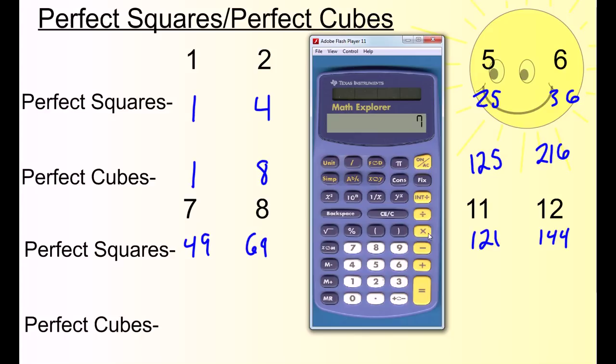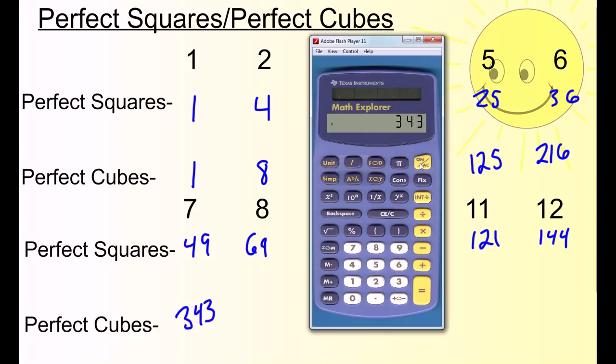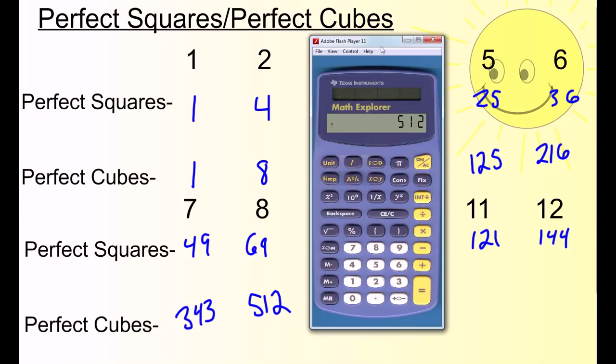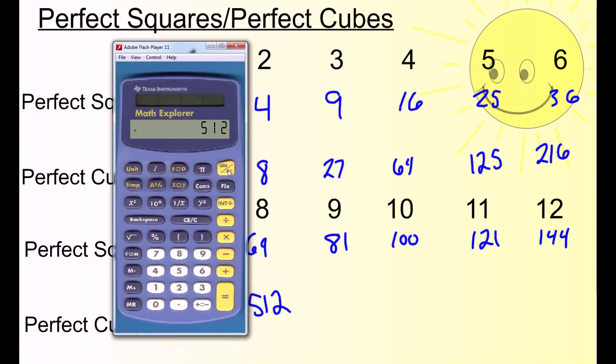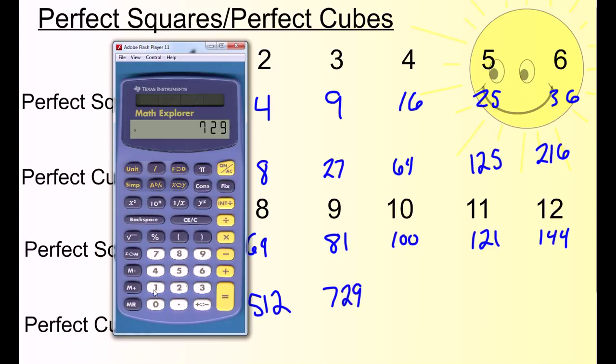And 7 times 7 times 7, 343. 8 times 8 times 8, 512. 9 times 9 times 9, 729. By the way, since I'm starting to type this stuff out and it's just monotonous, there is one of